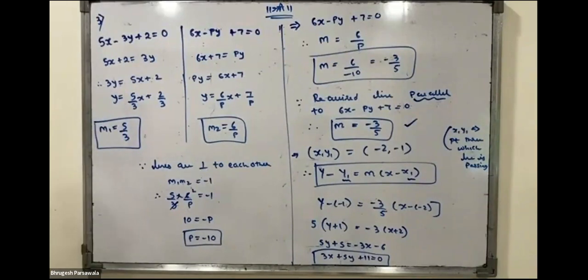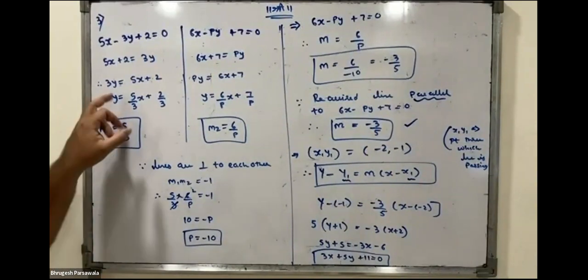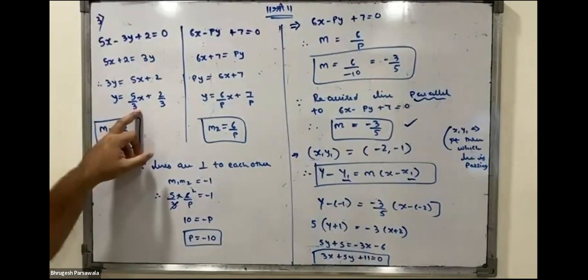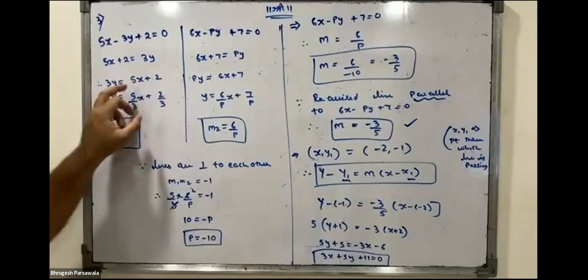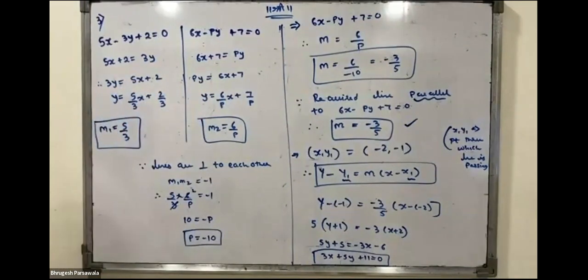Yes बेटा, who is asking? Sir, हाँ सर, the m1 5/3 कैसे है? 5x plus 2, 5x/3 plus 2/3, तो 5/3 कैसा आया उसका? ये 3 था वो डिवाइड हो गया ना बेटा, जैसे इधर भी p था वो p से डिवाइड हुआ, and it got divided. Each term से डिवाइड होता है बेटा।